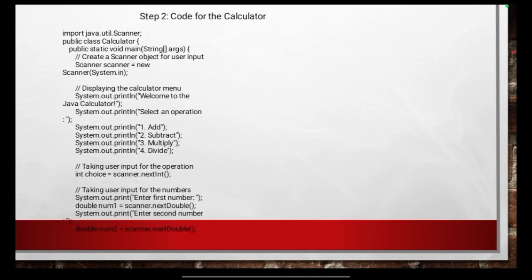So here in this particular slide, we will be discussing step 2, code for the calculator. First of all, we need to go through the slide carefully. Import java.util.Scanner; public class Calculator {; public static void main(String[] args) {. Create a Scanner object for user input: Scanner scanner = new Scanner(System.in);